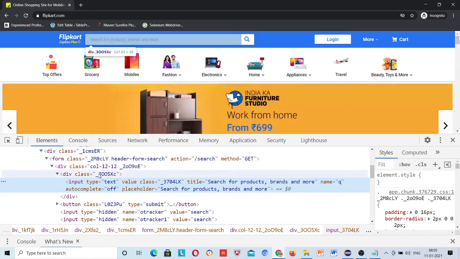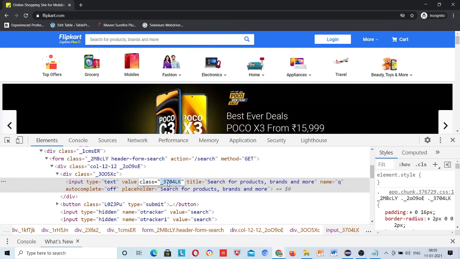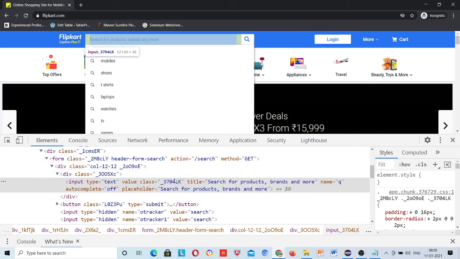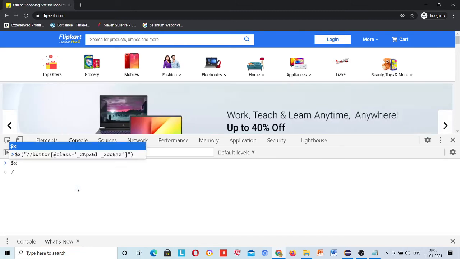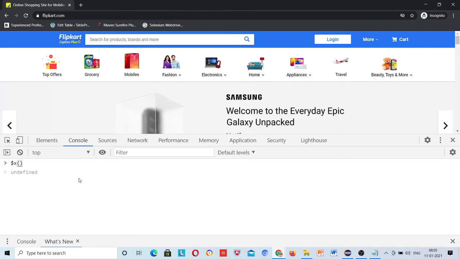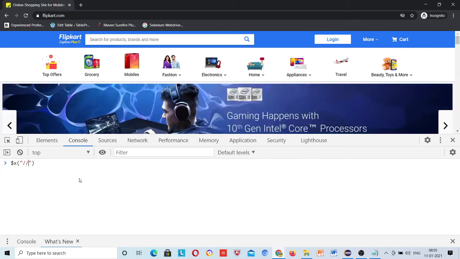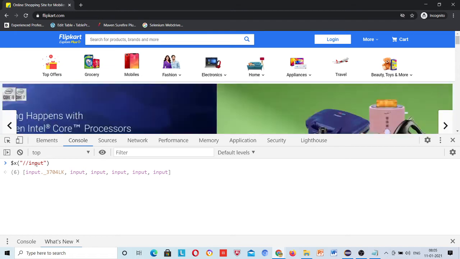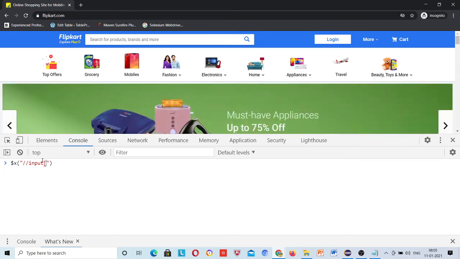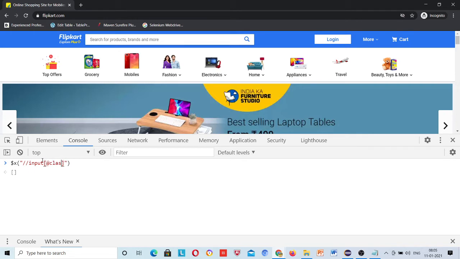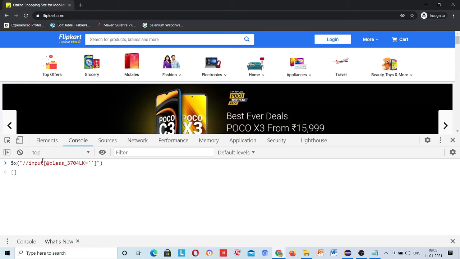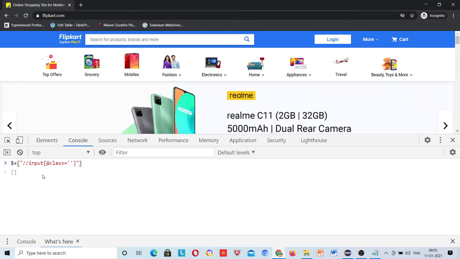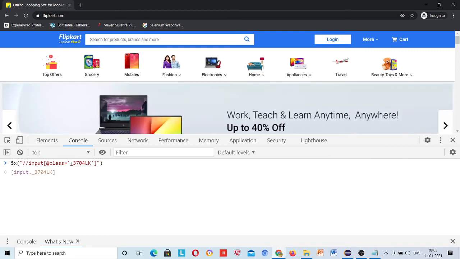Okay, now this class, I have to write a locator for the text box, right, which is the search box. Just quickly $x, and then input was the tag name, right? There are 6 inputs, so this much XPath is not sufficient, so I have to give some more information to it, right? The class. Right, so how many?